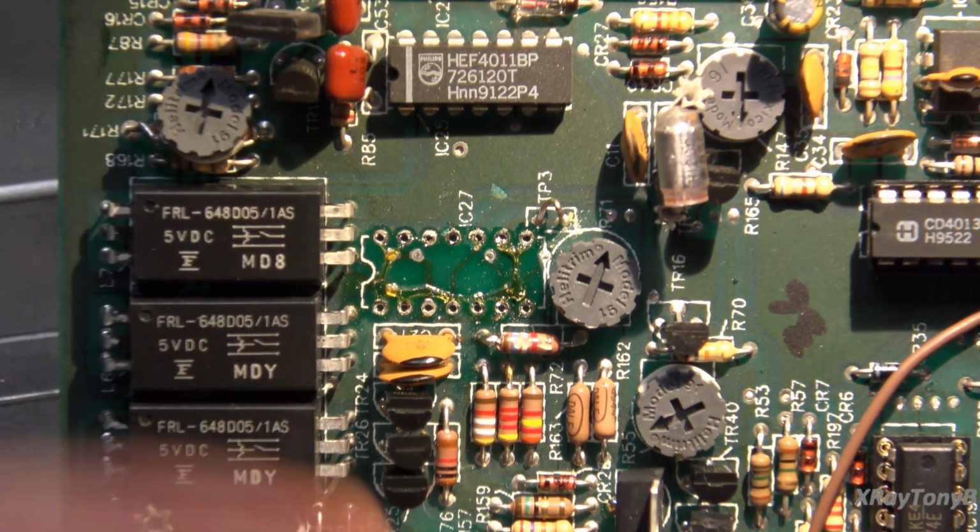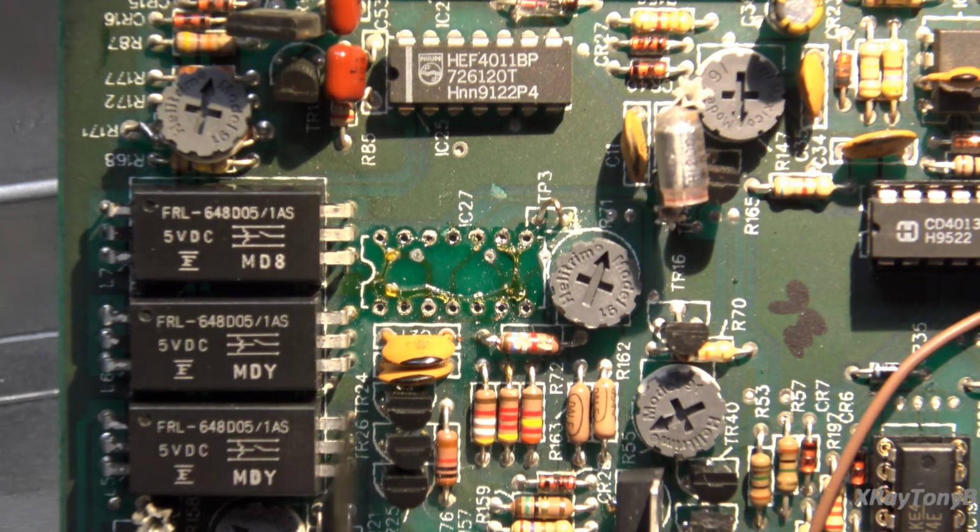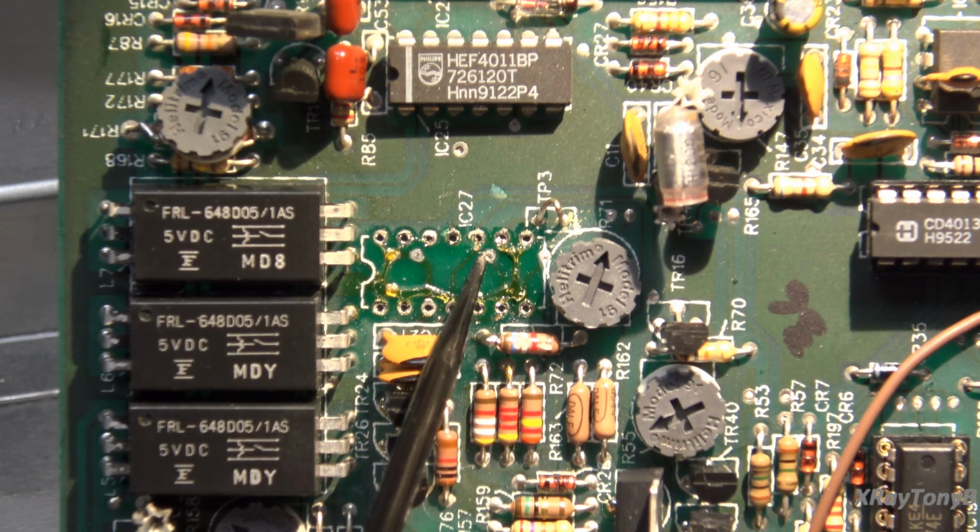Maybe there's a broken trace, because there's the trace that goes from pin 4 to pin 10 right there. And look at that right there. Maybe that is a little crack right in there. I don't know. So let's